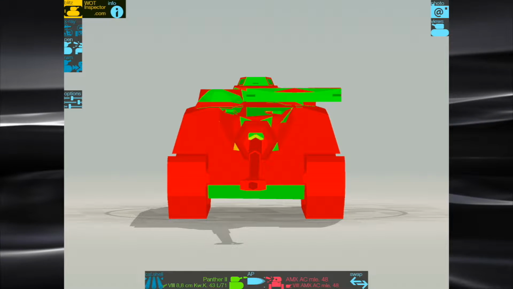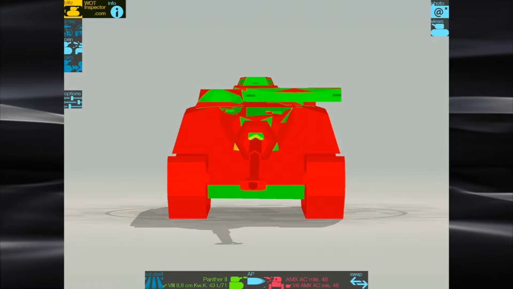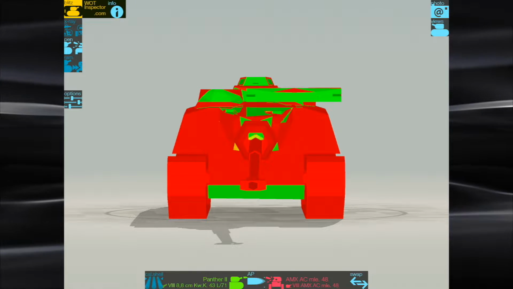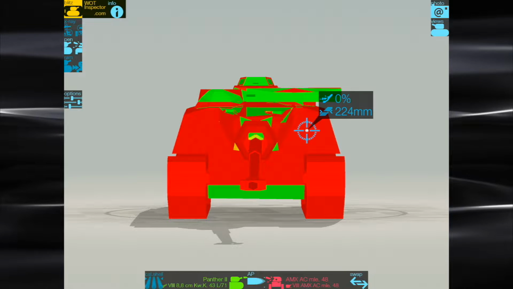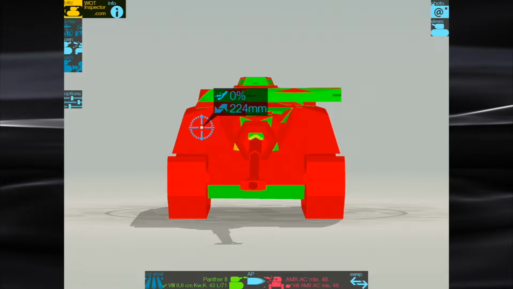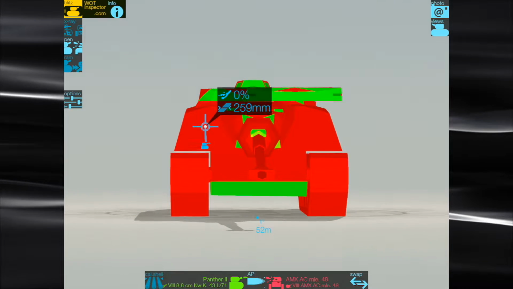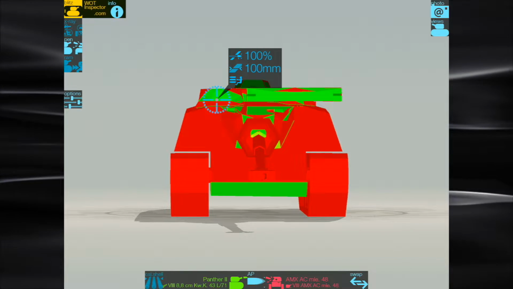So you can see I've got the Panther 2 with a regular AP round lined up facing our AMX AC 48, and we see a lot of red. Well, we've got 150 mil of armor, and with that being angled, you can see here we are over 200 mil. Keep in mind we've got 6 degrees of gun depression, so we can get that up to almost 260 mil. Tier 9 TDs are going to have a hard time penning you there,